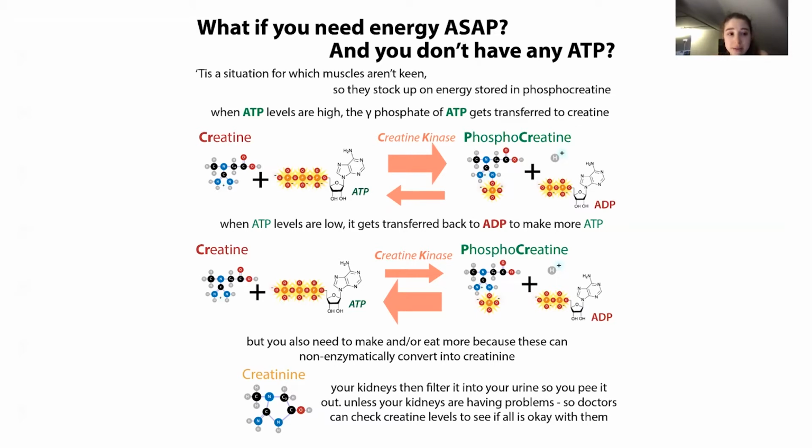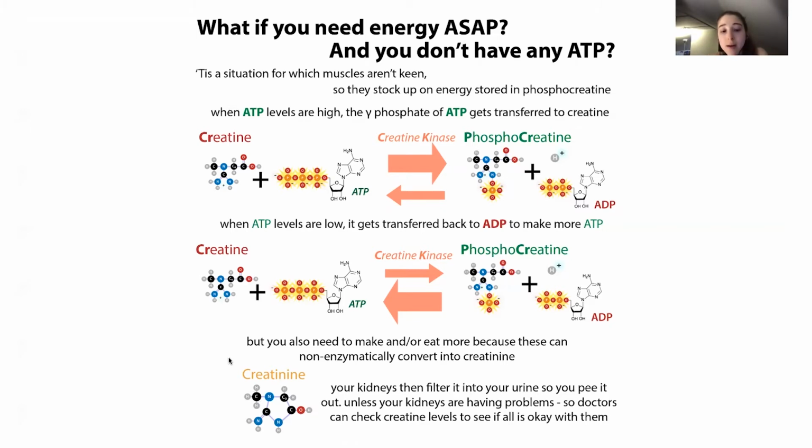So basically, the average adult-sized male has about 120 grams of total creatine, which is a ton when we're talking about tiny little molecules. However, since about 2% of this is going to undergo this ringification, about 2 grams per day needs to be either made from scratch, so our cells can make it, as we'll talk about, or gotten from the diet. So our cells can make it, so it's not dietarily essential in the sense that you need to get it directly from your diet. We can make it. We actually make it from a couple of amino acids that I'll talk about in a minute.